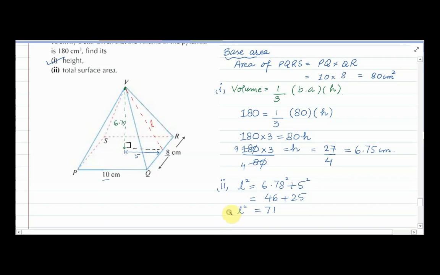Now you need to apply root on both sides. So the value of L is 8.426, or I will take it as 8.43 after rounding off the data, right? Now